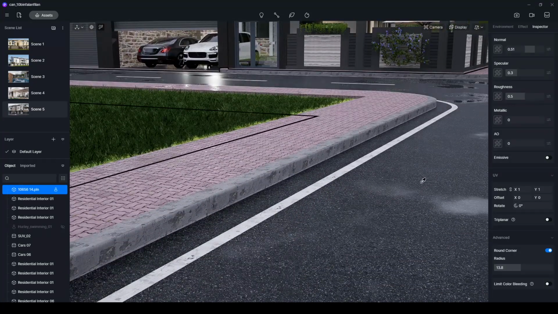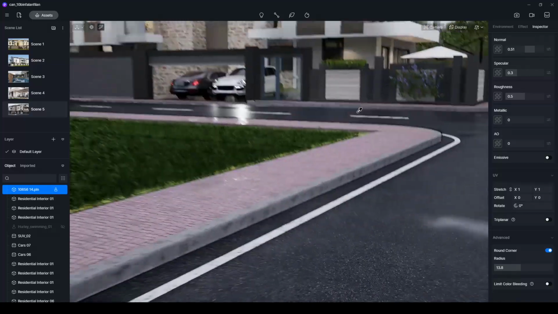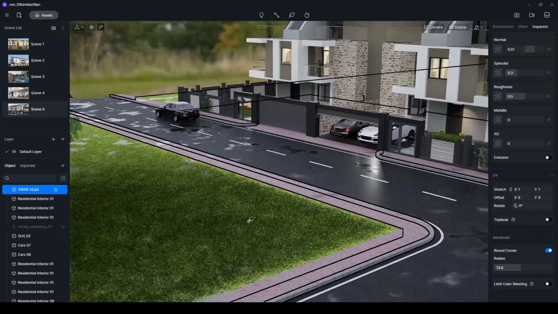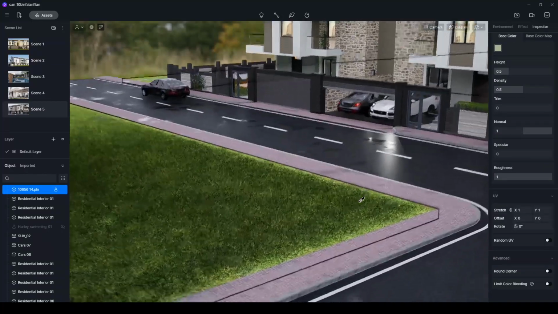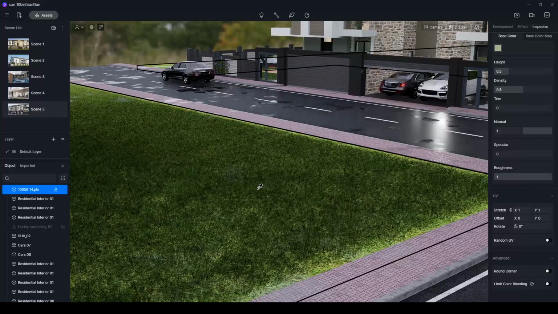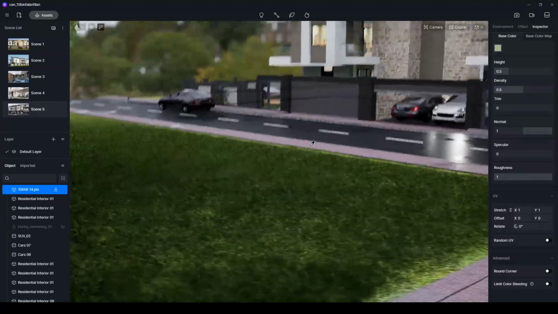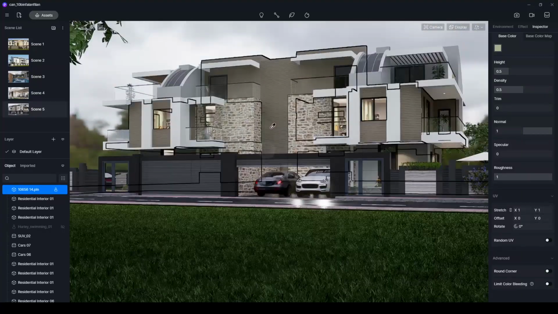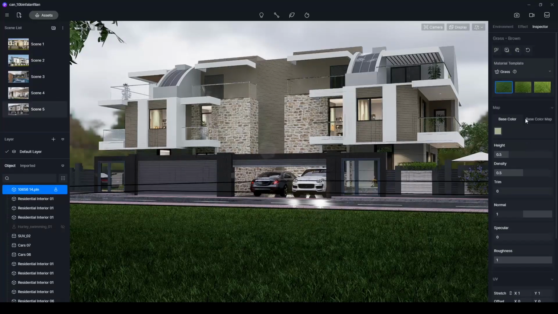I think the next step will be automatic dirt like Lumion, like old metal or old brick effects. And we have grass too. If you compare it with the previous version of the automatic grass, this looks very realistic. And we have templates.